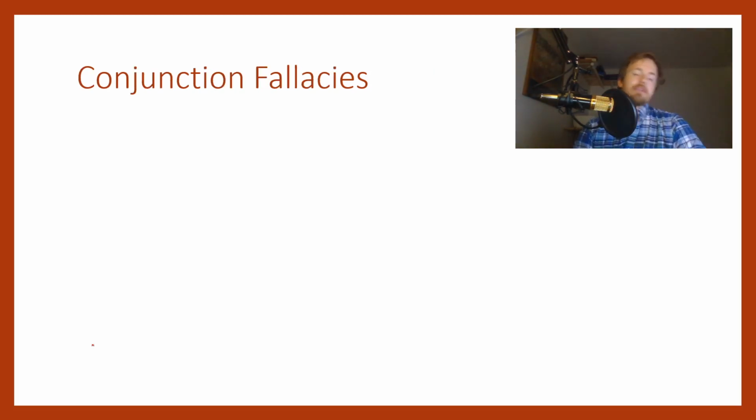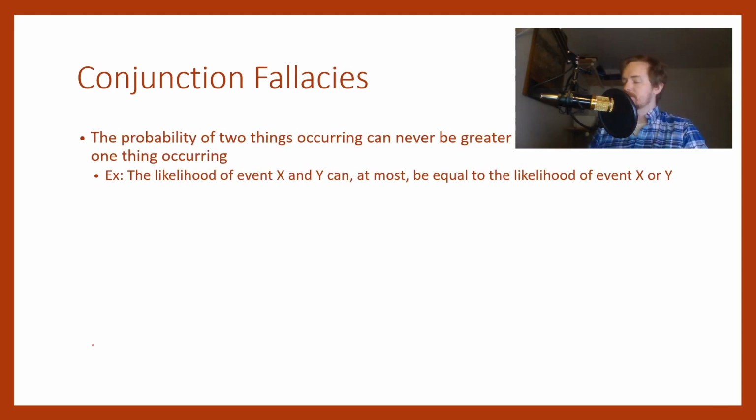So related to this is something called the conjunction fallacy. There is a little bit of math involved in this, but don't freak out. I'm not going to get you to calculate anything on the exam. Basically, conjunction fallacies are whenever we make a decision about something and we lump in two characteristics about it instead